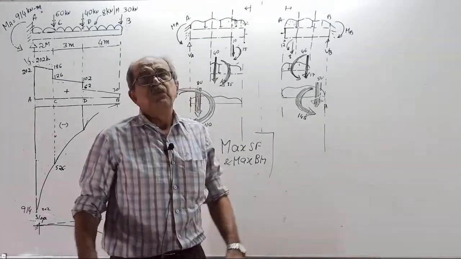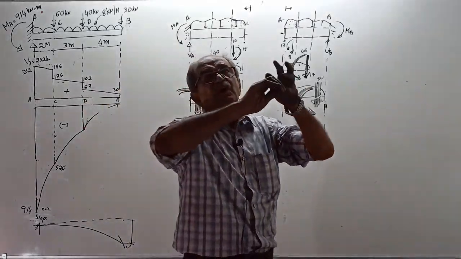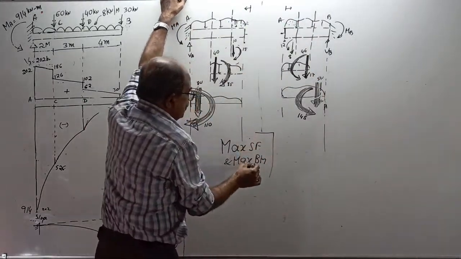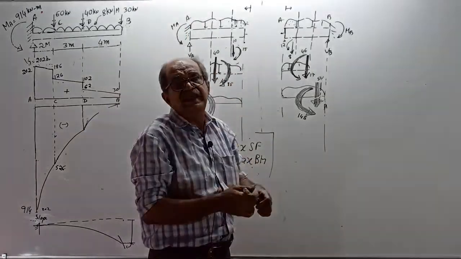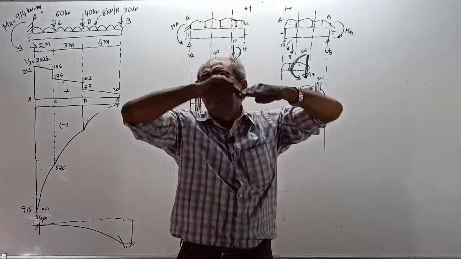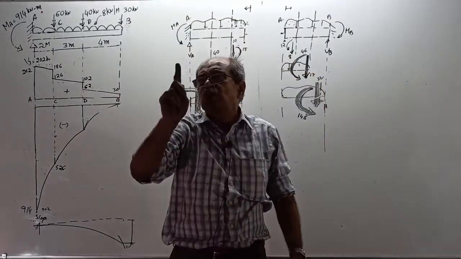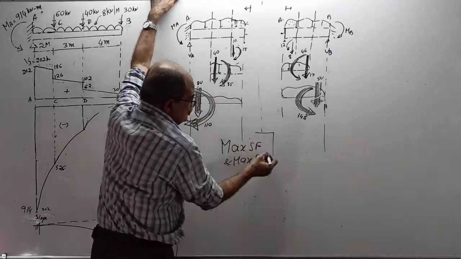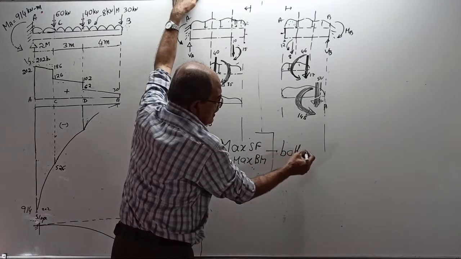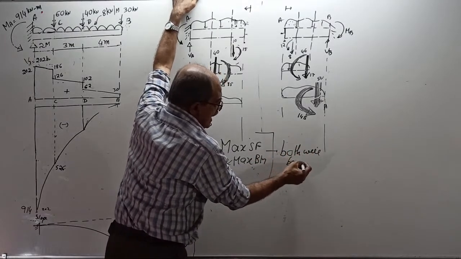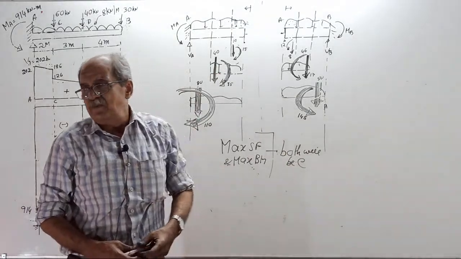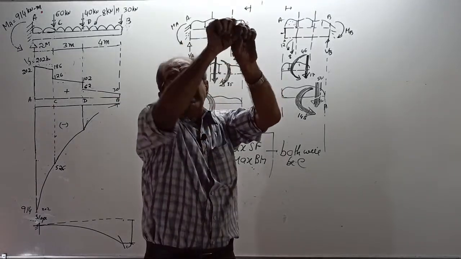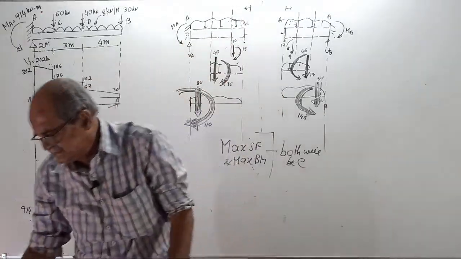I am telling, for a beam, usually in building design, when you apply load like UDL or this way loading pattern, maximum shear force and bending moment, you should write from the free end as you go towards fixed end, both will keep on increasing, and finally both will be maximum at